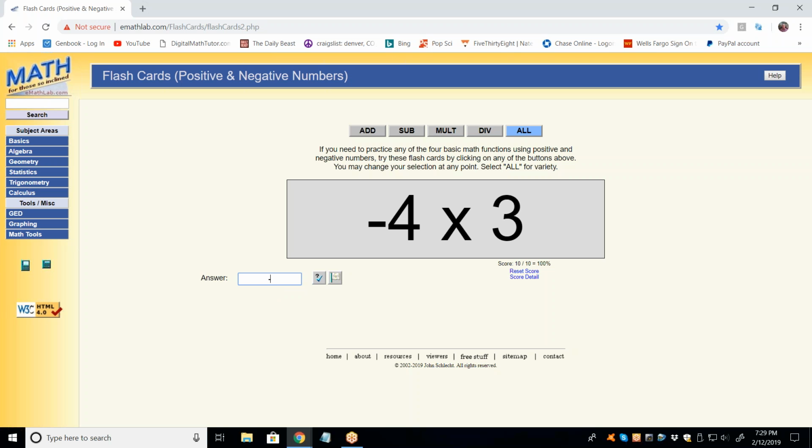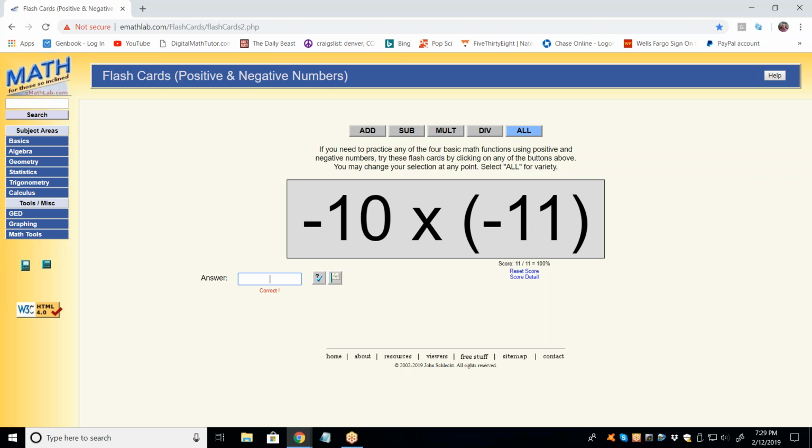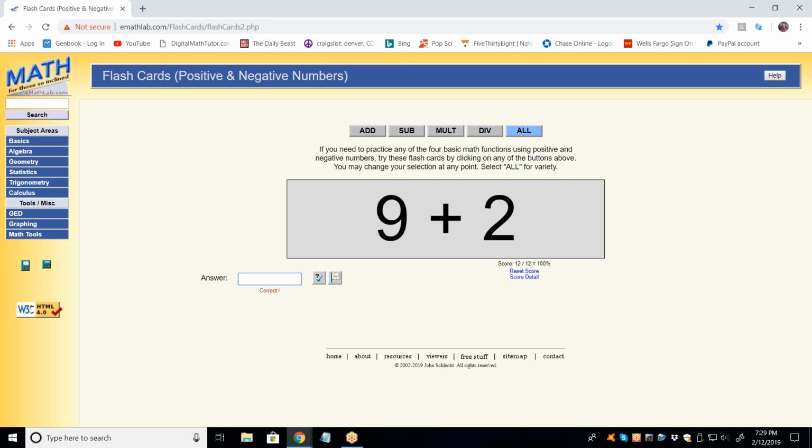Negative 12. Good. Negative. No. Positive 110. Good. $11. Sign first. Negative